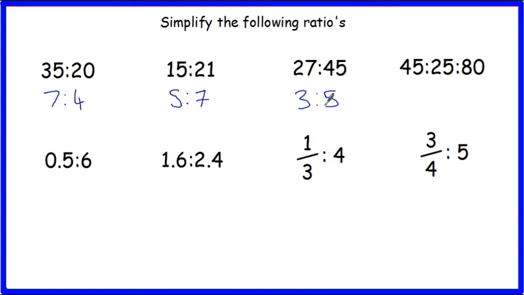Okay, I'm going to go with 5 and see what that gets me. 5 gives me 9 fives. 5 goes in there 5 times and 5 goes in there 16 times, and that's prime, so I can't go any further. Now, if we just go back to this example, you would never